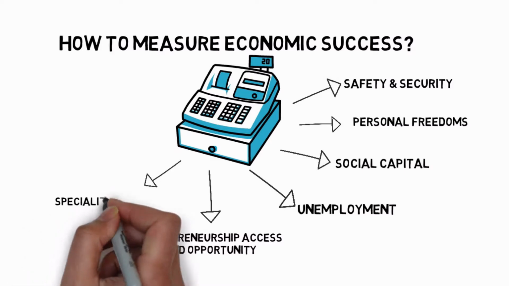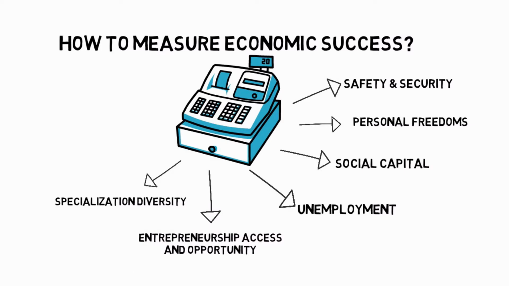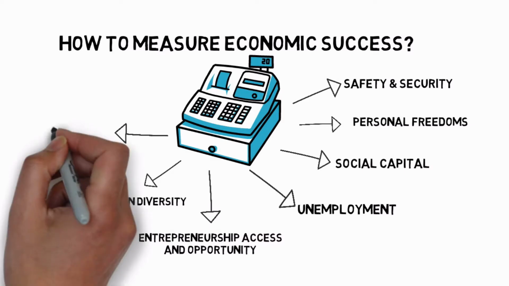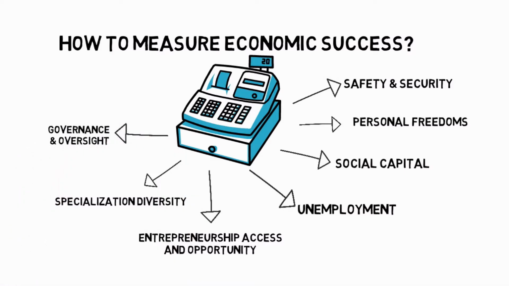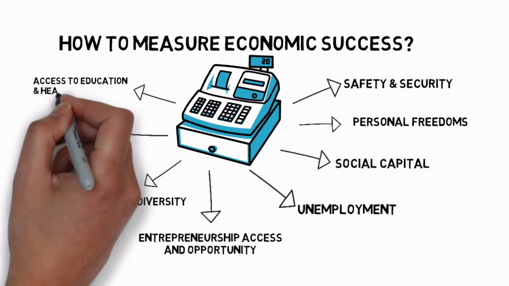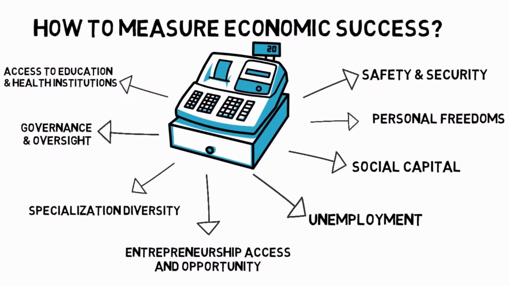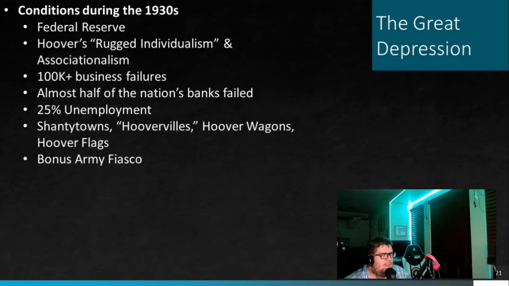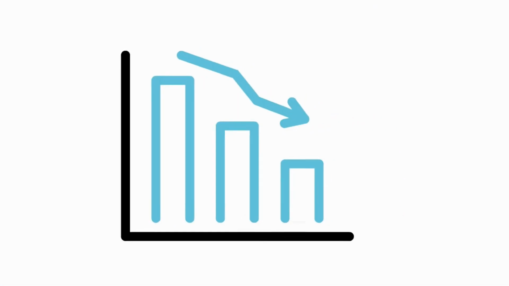So what we see during Hoover's administration, especially very shortly after the October fiascos, is 100,000, possibly even more, businesses completely fail in the United States. And they're not just localized to large cities and suburbs, they're throughout the country. These are entrepreneurial businesses even that falter and fail outright and declare bankruptcy, and they're gone. We see about half of the nation's banks completely fail, and these bank runs that end up happening in the early Great Depression, people are going there and hoping to remove their savings and get some hard currency out.